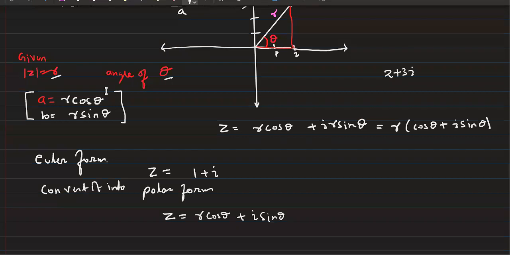They ask the magnitude of this vector. So we know that mod of z for this vector is root 2, because it is root of 1 square plus 1 square. And tan theta is equal to 1 by 1, which gives 45 degree. Why 45 degree? Because both x and y are positive, so it should be in the first quadrant.